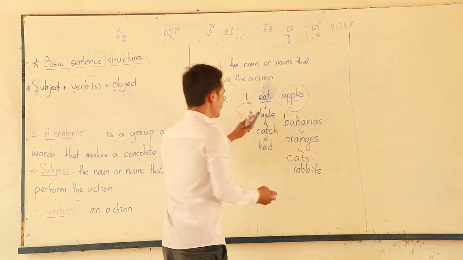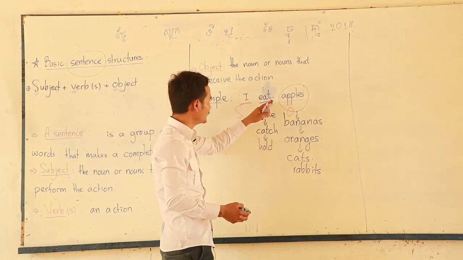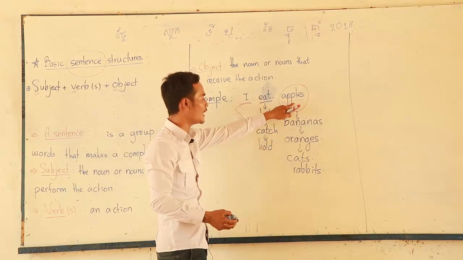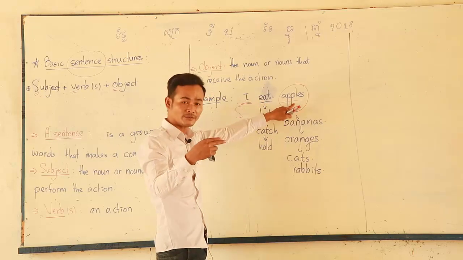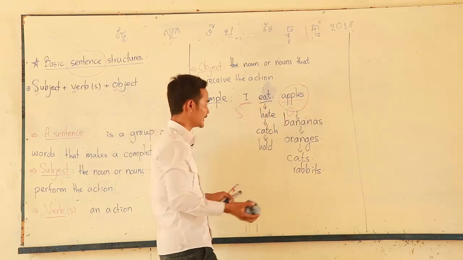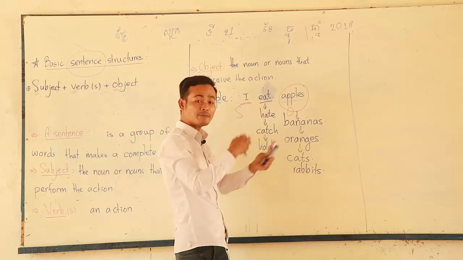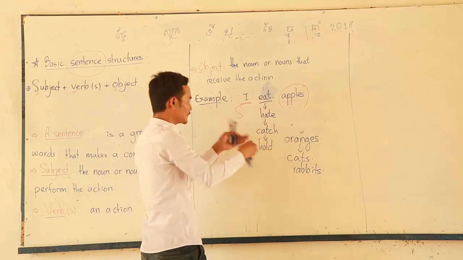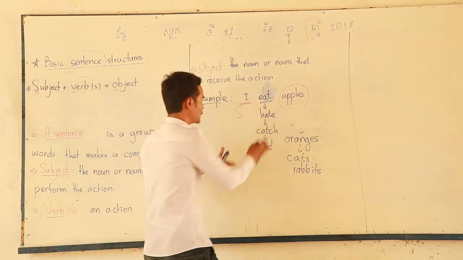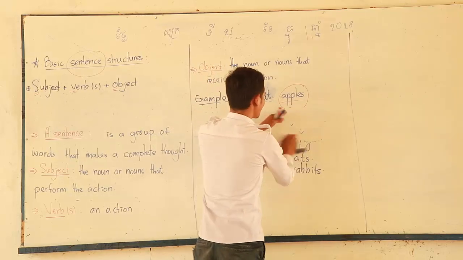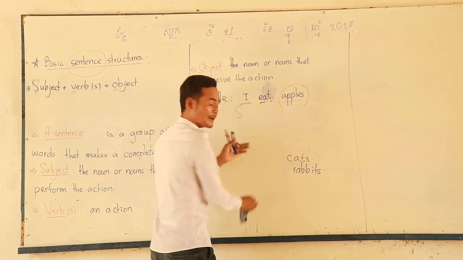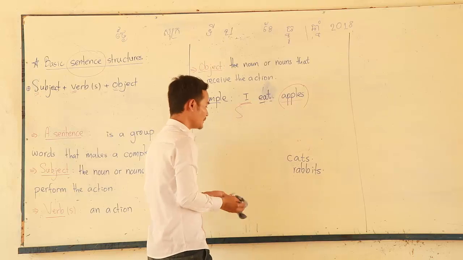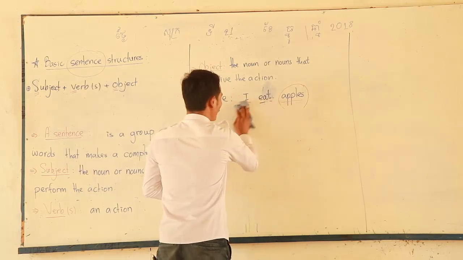So now I hope you understand what I teach here, what I show you here. We can change objects, okay? We can change the object to make a new sentence. Okay, we can make many sentences by changing the objects. And we also can make many sentences by changing verbs. So we just change the object to create a new sentence, or we can change the verb to get a new sentence as well. So now it's time for changing